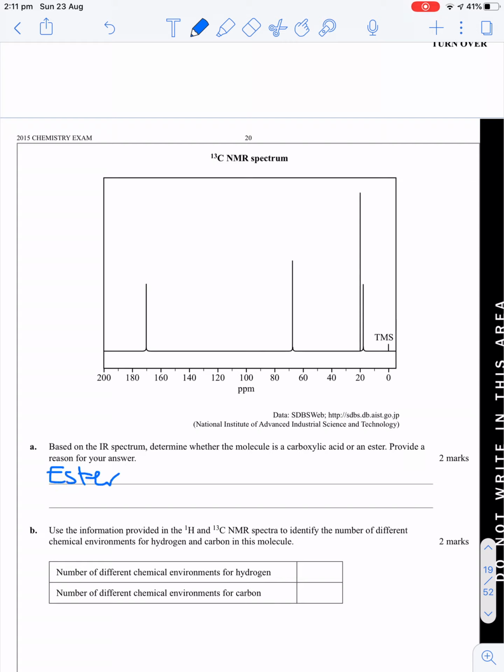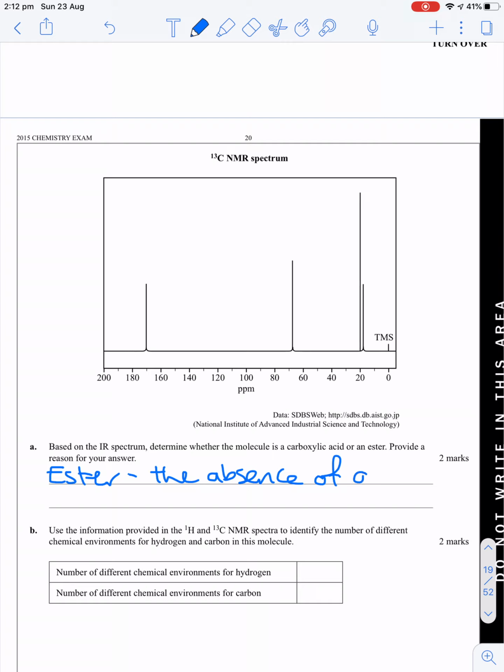And because it's 2 marks, guys, I would just go ahead and mention the absence of that broad OH acid trough, to prevent myself from having to write more than I need to. So it's an ester, that would be 1 mark. And the second mark would be my justification or reason, which is the absence